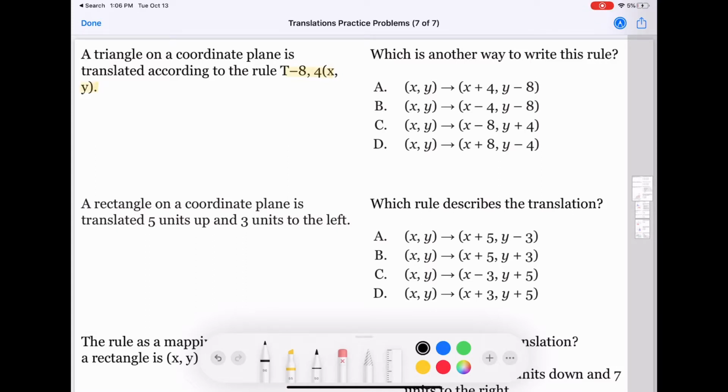This rule tells us T of -8, 4 for x and y. This is our function rule. This rule gives us our mapping rule. The mapping rule becomes